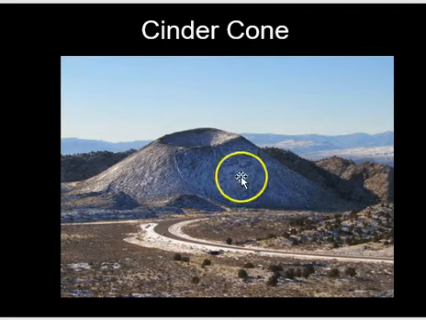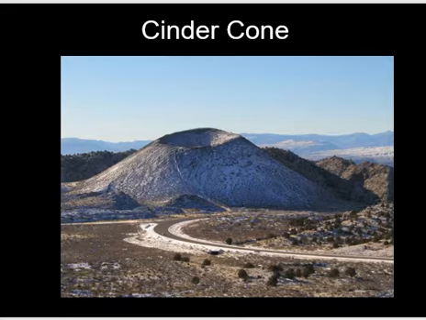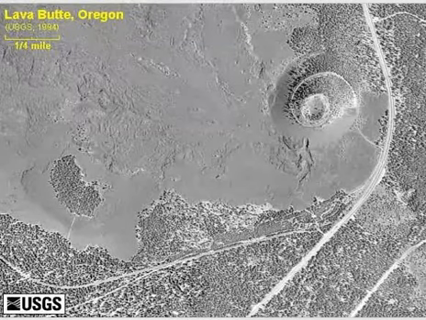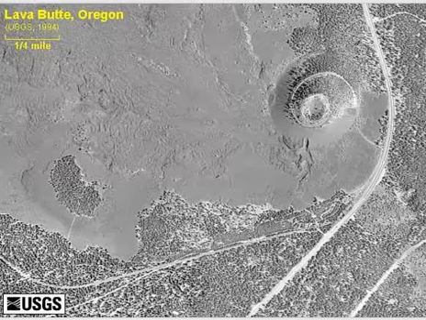So it's not very high. It's got to be under 1,500 feet. So this would be a classic cinder cone. This is a cinder cone in Oregon at Lava Butte, and I think there are some